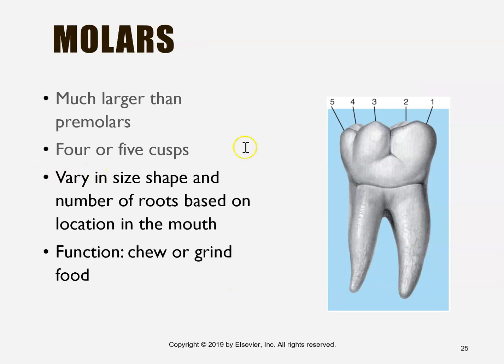And with the molars, you can see this molar here has 5 cusps or 5 round mounds. Some have 4, so it varies from 4 to 5 cusps. And their main function is to chew or grind food. So anytime you first use your incisors to tear, to cut, then your canine might be holding the food, then you go to the premolar, which grinds some more, and then you go to the molar, which grinds even more. So the molars' function is to grind